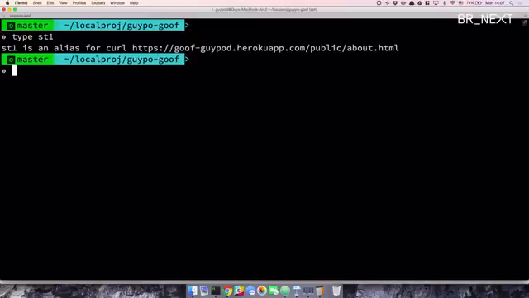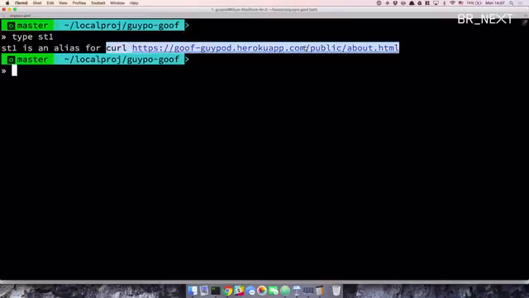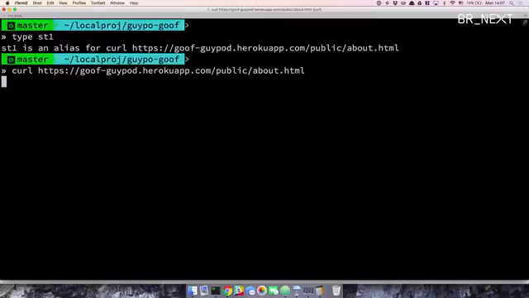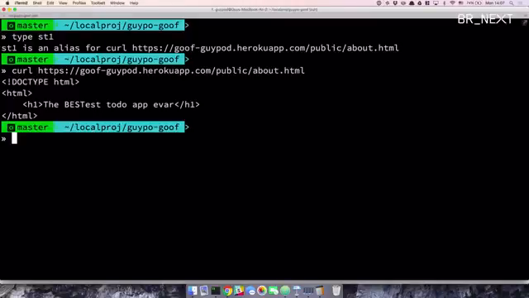So what happens is, if we have some aliases to spare instant typing, but if we go on and do a curl and fetch the about HTML page, we're switching to the terminal because the browser has all sorts of convenience features around normalization, things like that that kind of get in the way of attackers. So we can get the about page through here as well. And as an attacker, if I know or I suspect there's a directory traversal attack, then the first thing I'm going to do is try to break out of the static file folder. These are components that are supposed to serve a set of static resources, but you don't want them to serve more than those resources. So I will put a ../